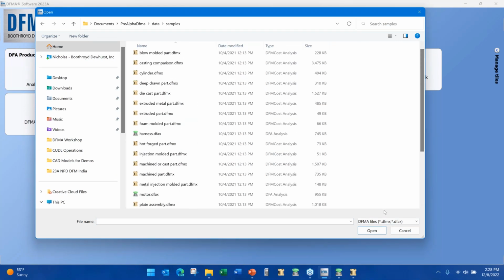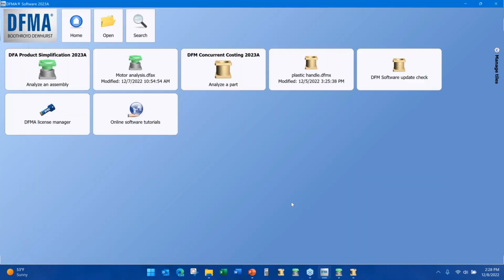So you could browse wherever you want to open a file, but we also have the different library types in here if you wanted to open up libraries from within this open dialog. So that's fairly straightforward. The thing that I'm really excited to announce and introduce to you here is this new